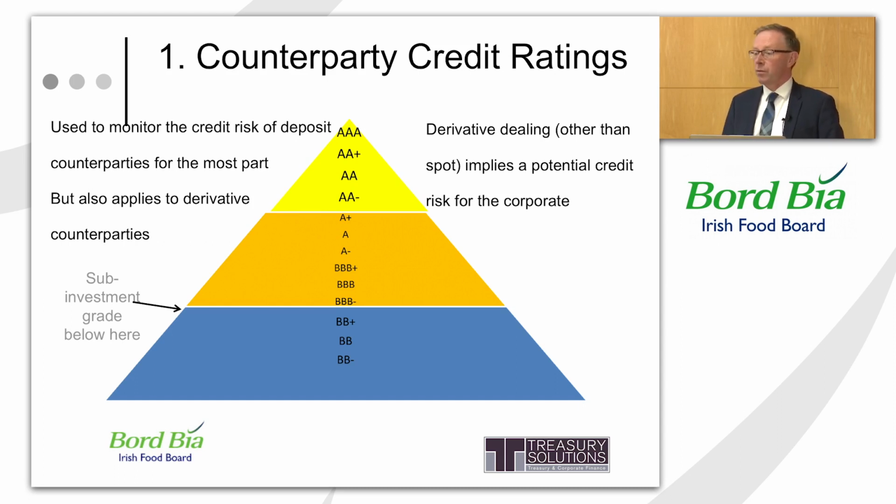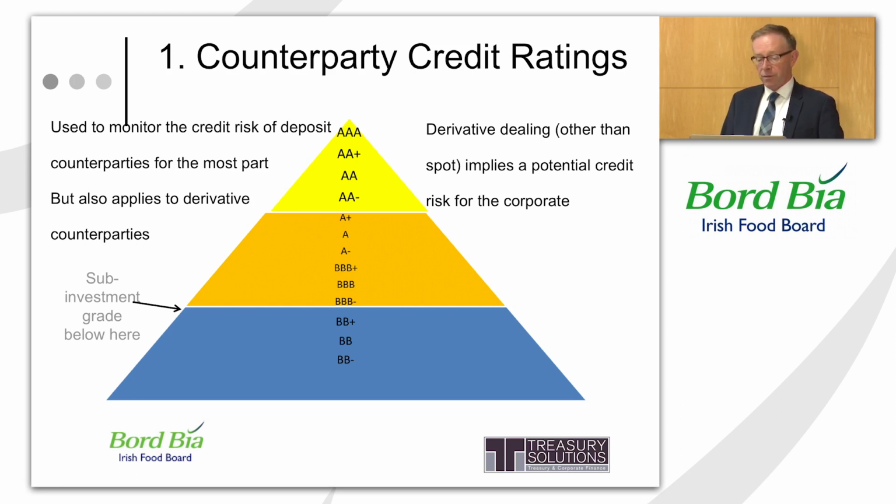You would be somewhat familiar with that phrase, AAA rated. As you go down through the various ratings, at the bottom of the orange on the slide you can see BBB minus. BBB minus is the lowest of what they call investment grade. Underneath BBB minus, so BB plus and below, that's known as sub-investment grade, and some would refer to that as junk status. So if you have a bank in that category, they're a much higher credit risk. Why is this important from the point of view of what we're doing on the currency front?